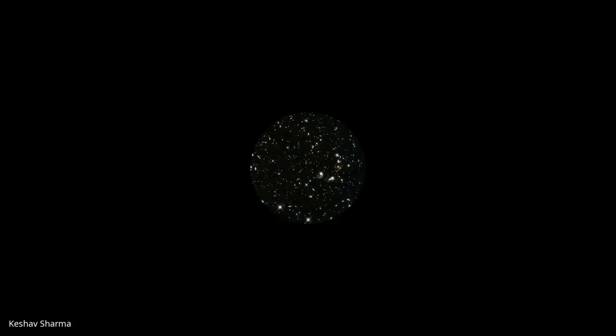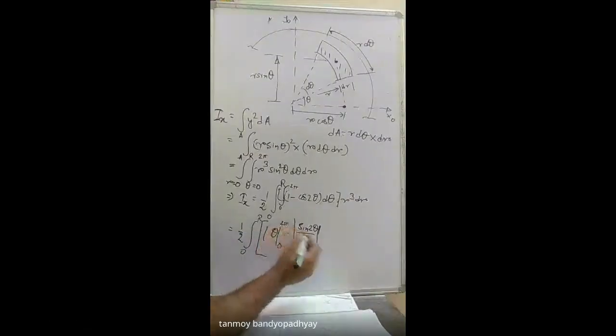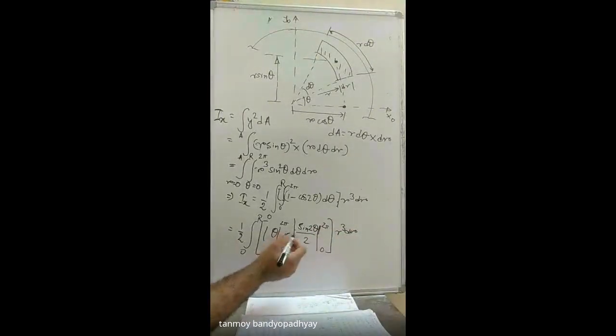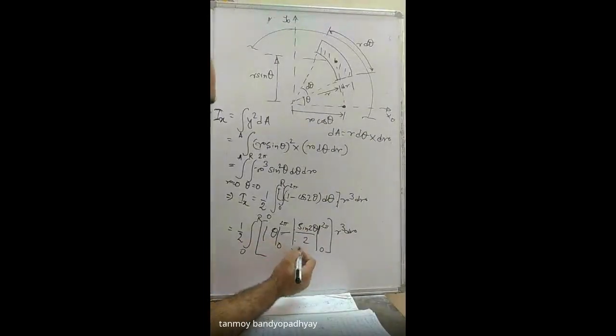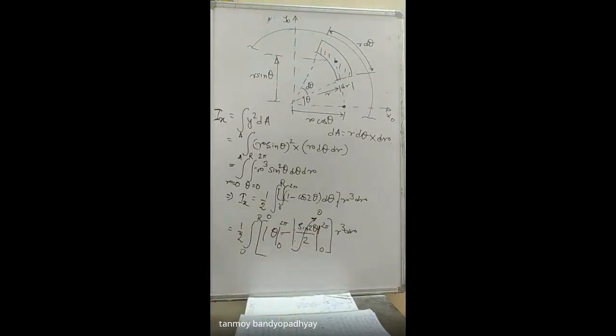No sir, it would be minus, because of the integration of cos. It will be theta minus sin 2 theta by 2, again this is 0 to 2 pi, into r cube dr. তো এই টার্মটা বোধহয় 0 হয়ে যাবে, সার্কুলার ইন্টিগ্রেশন হয়ে যাচ্ছে। Sin 4 pi minus sin 2 pi, সেই টার্মটা 0 হয়ে যাবে. Yes, that would be, total term will be 2 pi. এটা সার্কুলার টার্ম আছে, ঠিক আছে?